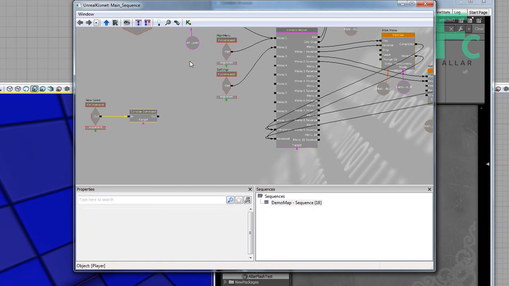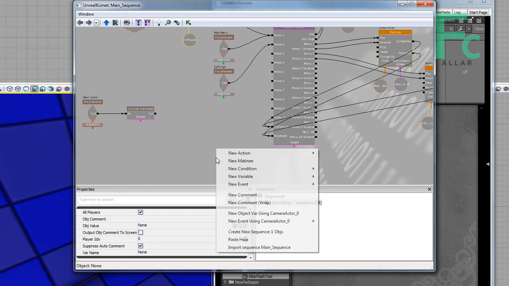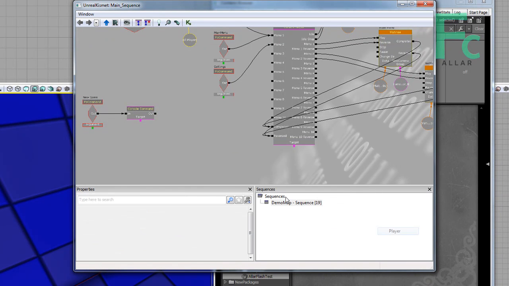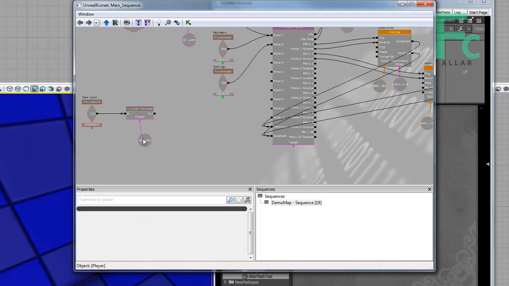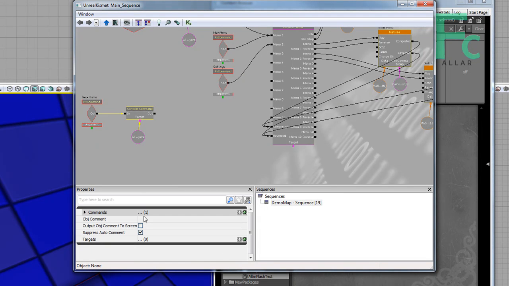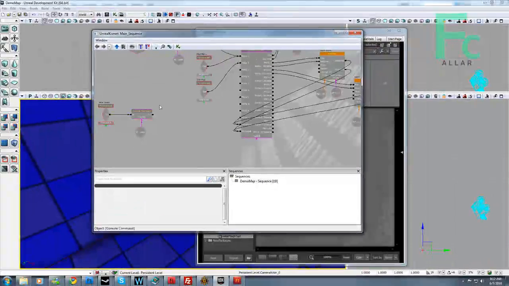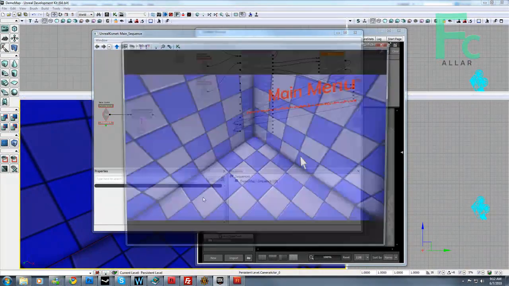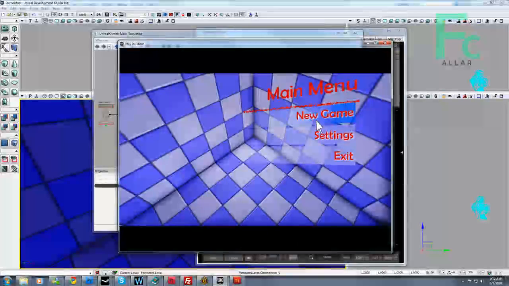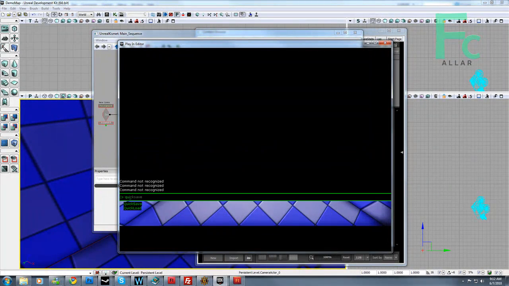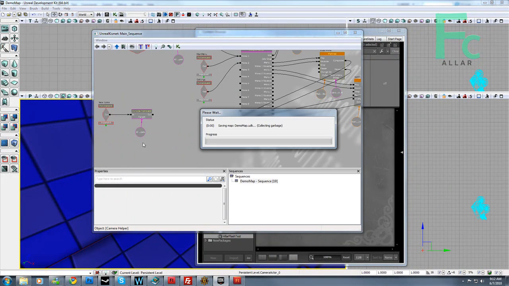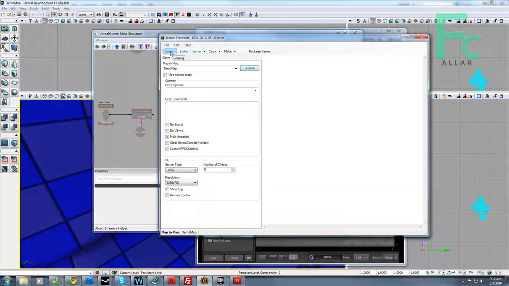So I want to go ahead and add a new variable here, player for all players, and for commands I'm just gonna go open, I don't know, DM deck. That's the map that exists. So if we hit play game, it won't do anything here because we're in the editor. Neither will exit. We should be able to save this. Then we can open up our game by clicking launch,